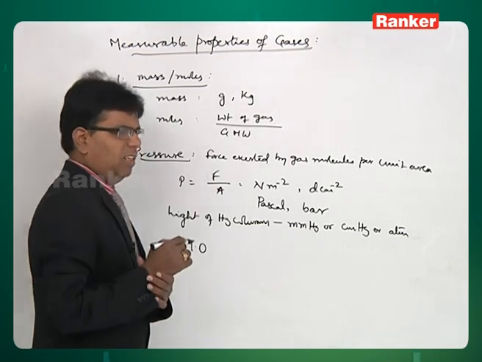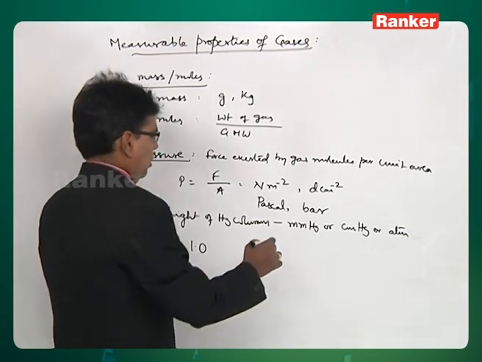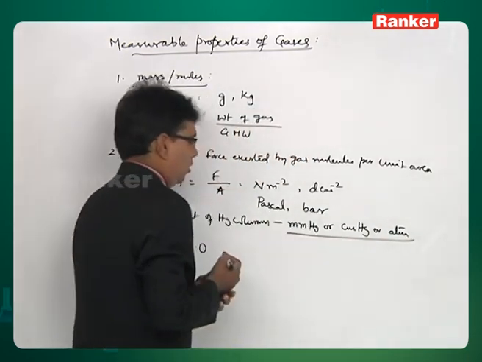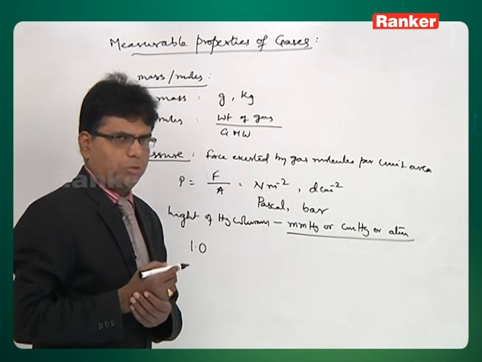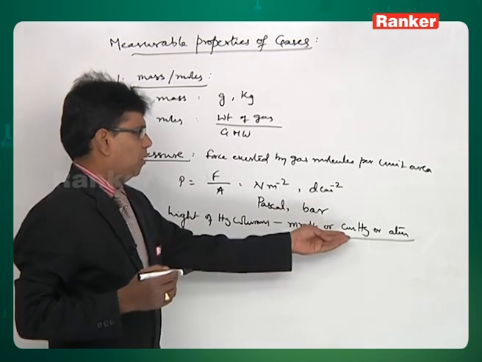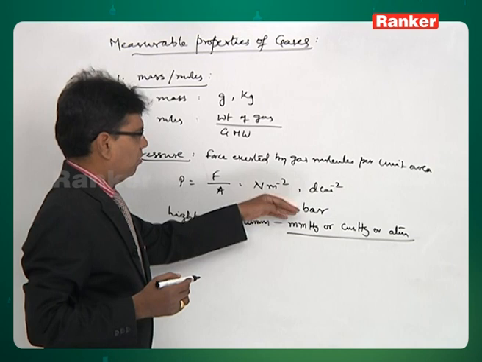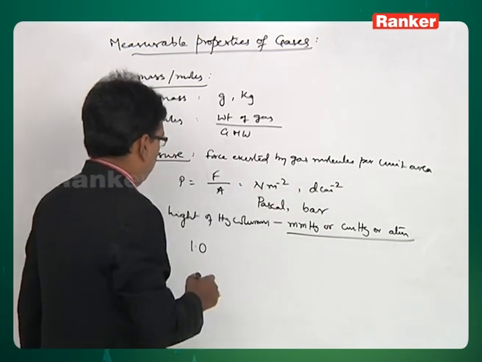In chemistry generally we take it in terms of the height of mercury column, but it is not necessary that it is always given like that. If it is given like this, we can convert one into the other. 1 atmosphere